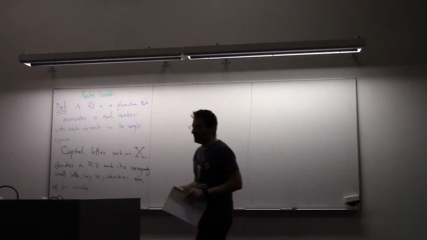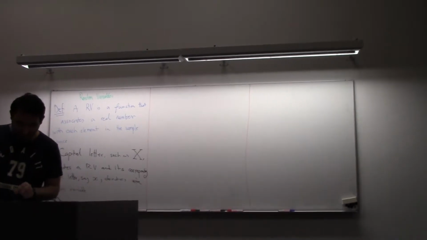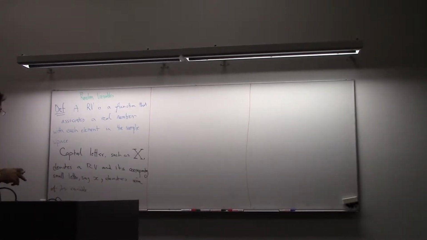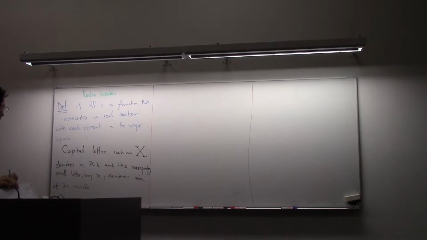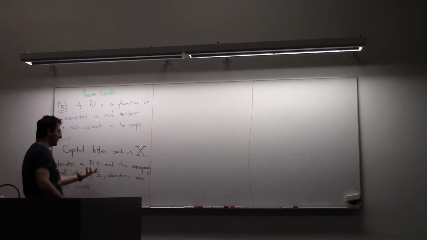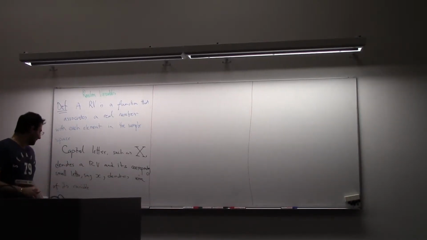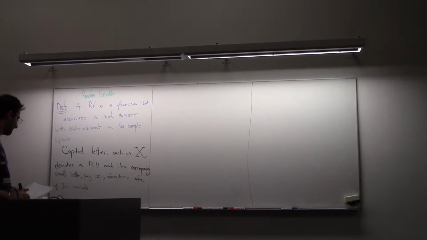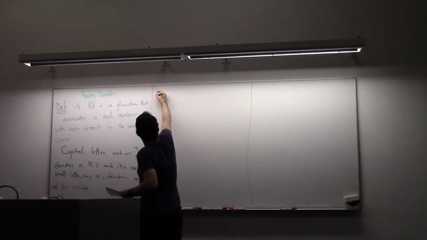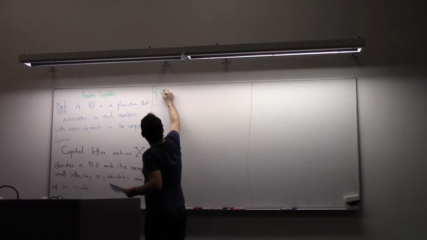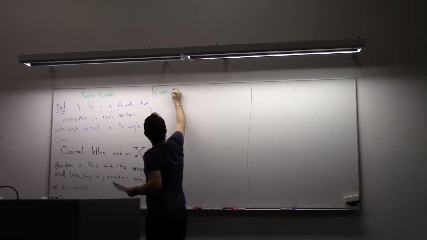So we will write a few examples so you understand what we mean by capital letter representing a random variable, and by what is one of its values. And the example